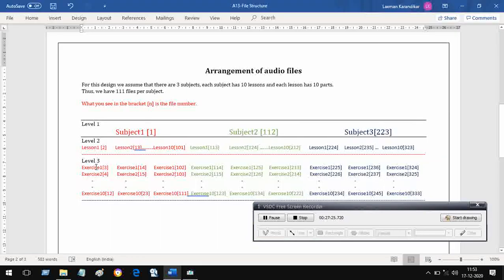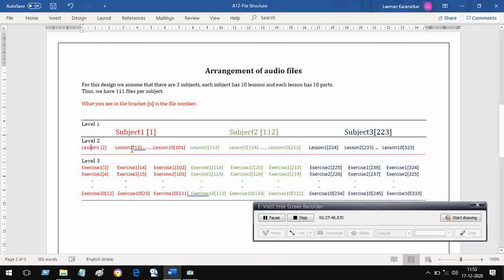When you go from level 3 to level 2, you have a choice of selecting a lesson. This is the only place from where you can select a lesson. You are at lesson 1, you can go to 2, 3, and so on. So the next and previous keys, if you are at level 2, will move you along this line: 1, 2, 3, up to 10 or back, like this it can go on.